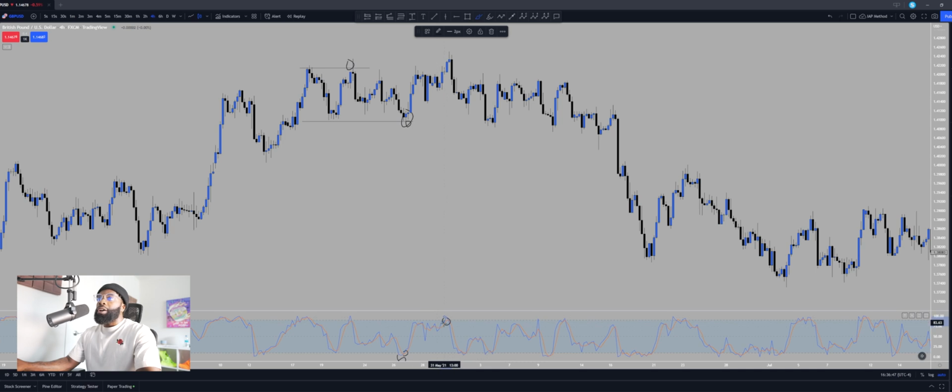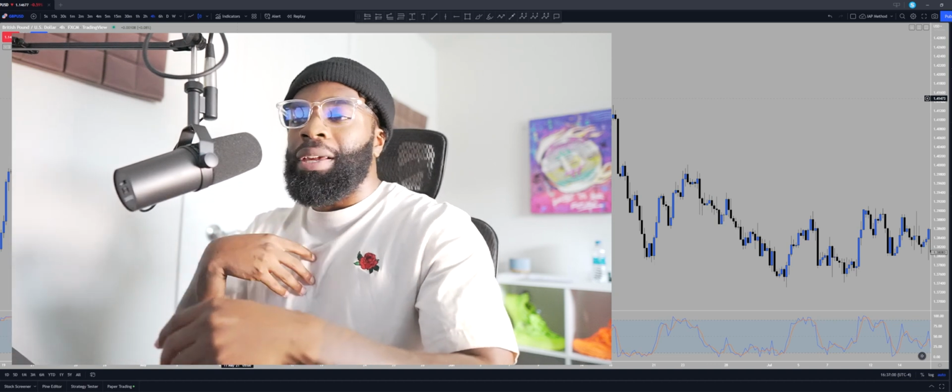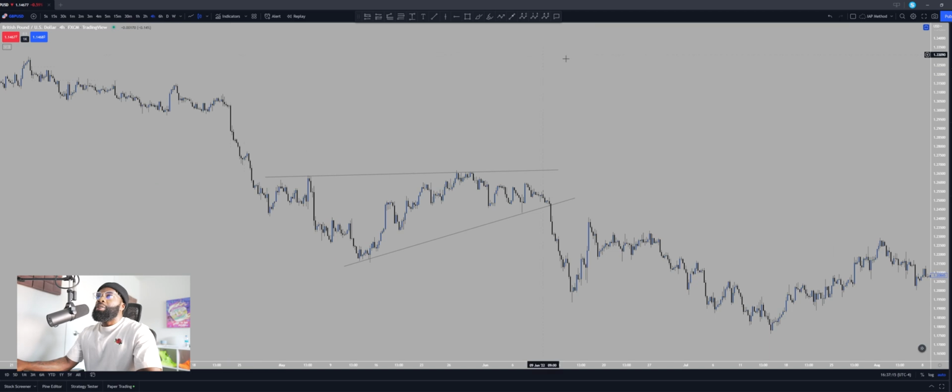Seeing that it was overbought here, you could have easily made a simple 130 pips if you were to do this strategy. This is why I like this a lot. Now I'm going to do one more play for my people like me that trade Elliott Wave, but I'm going to make this 20 times simpler. Okay, so now for my Elliott Wave traders,